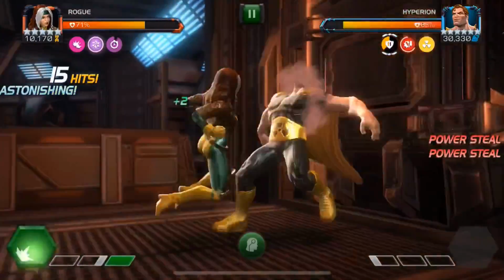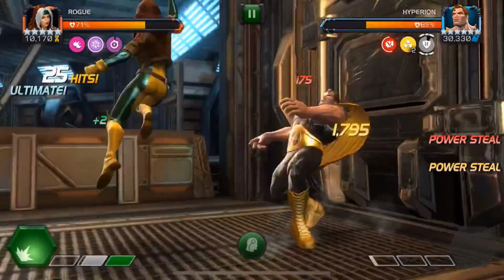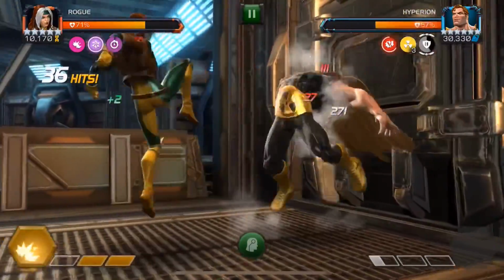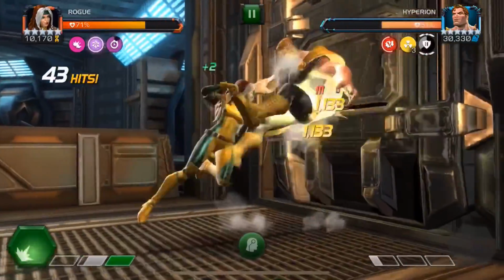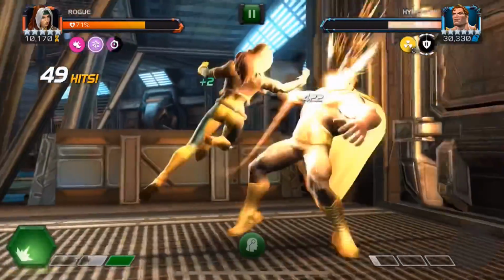In addition to that, since we have Hyperion's power gain, we gain that power obviously, so that means we are going to be able to spam more and more level 2 attacks. And yeah, so here we can see that Rogue took away Hyperion's power gain. She isn't gonna give it back to him, she's using it against him to spam her own level 2 attacks,